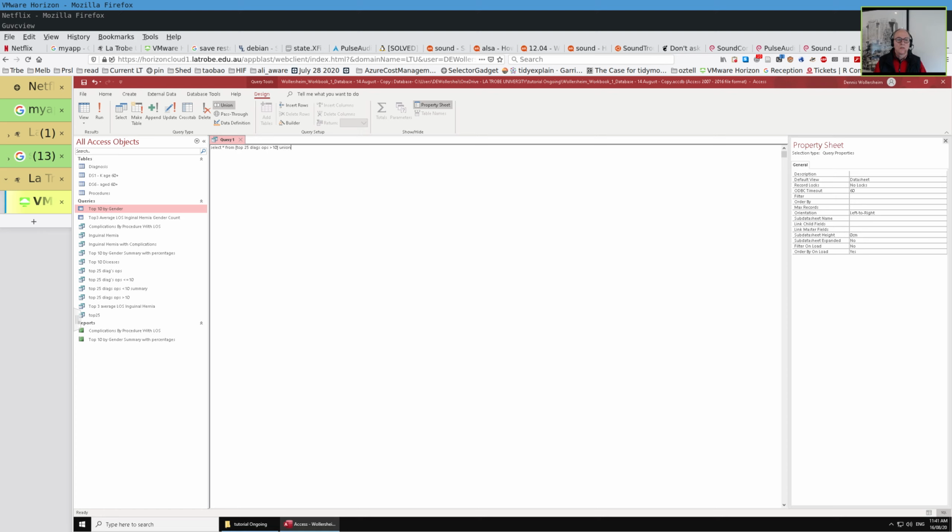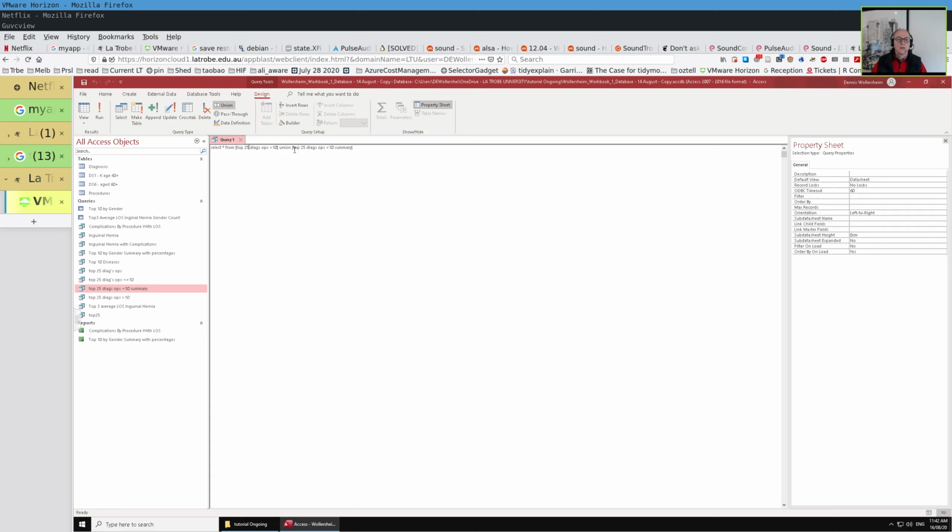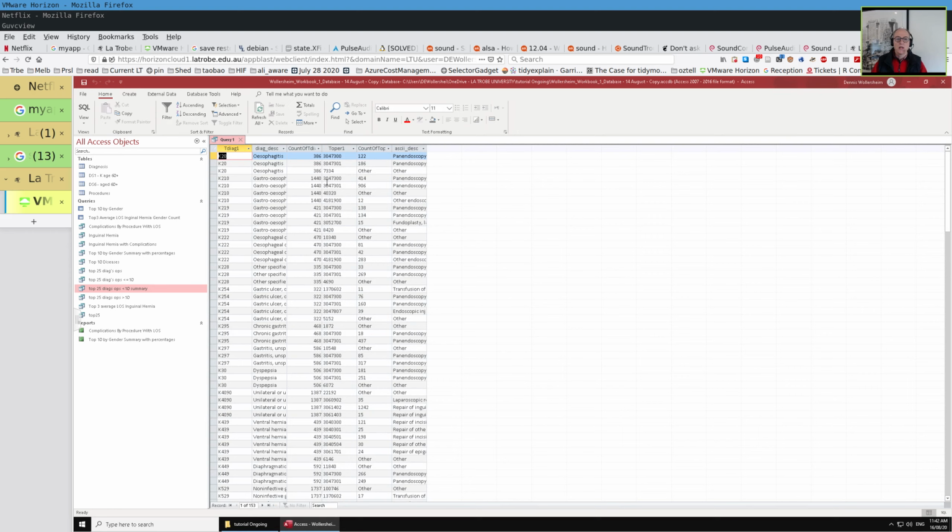Union. And then everything from the other one, which is the summary. Rename. Copy. Paste. Great. Now I should be able to run those two queries together. I'll just select star from there. Great. So now we've got